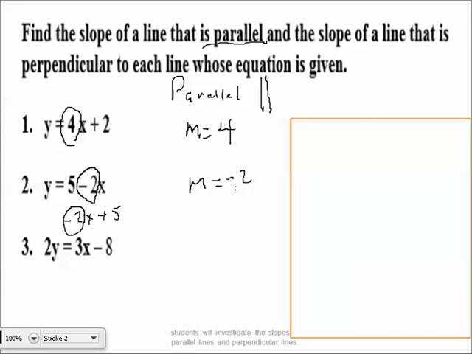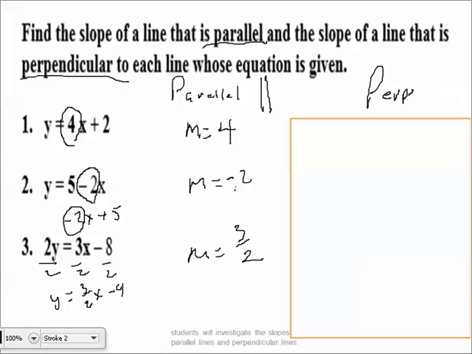How about this one down here? Ah, the 2's trying to trick you, isn't it? Let's just divide by 2's everywhere. Y is equal to 3/2 x minus 4. Well, that 3/2 is my parallel slope. So now let's try to find the perpendicular ones. Perpendicular. Perpendicular. Once again,